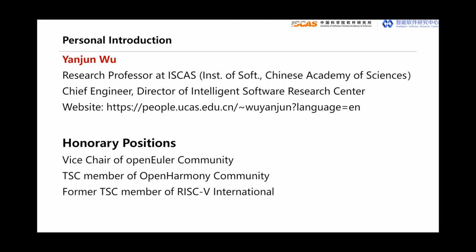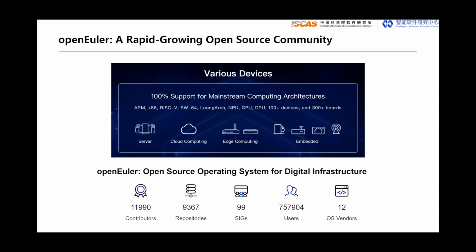So I would like to introduce Open EULA, Open Harmony, and RISC-V in the next three slides. First is Open EULA, and perhaps outside the operating system field, few people have heard of Open EULA, but it's a rapidly growing open source community. Open EULA's goal is to build an open source operating system for digital infrastructure. Now it has support for mainstream computing architectures, including ARM, x86, and RISC-V, and also supports devices from server to cloud computing, edge computing, and even embedded